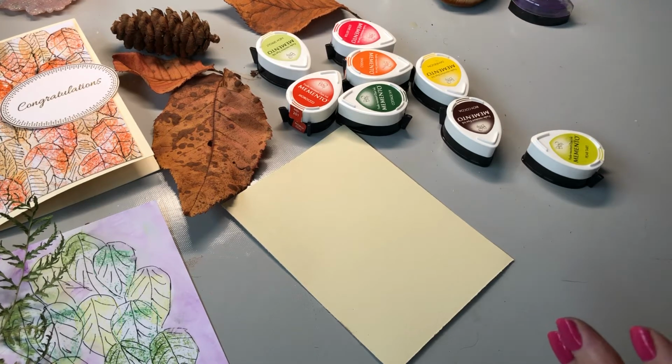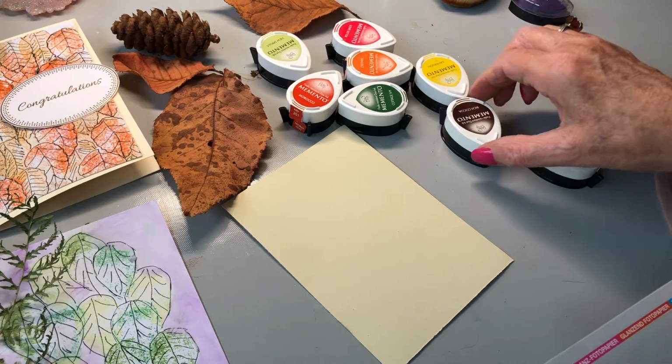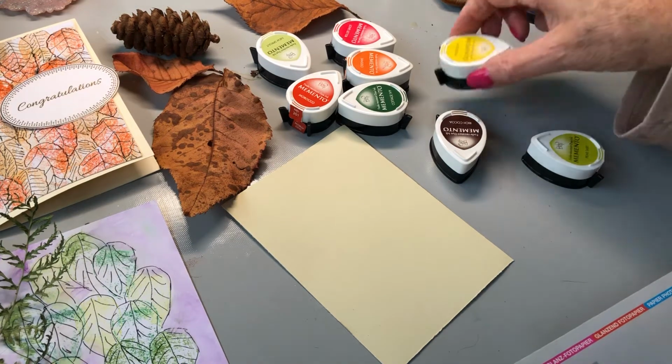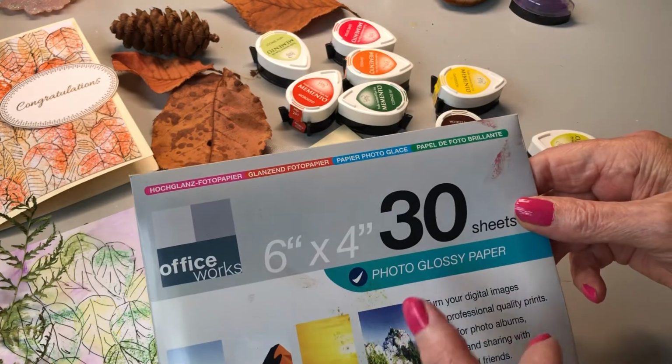I've been working on the 31 days of pen and wash hashtag event from hashtag Inktober. I'm doing my own thing, just playing with a pen and different inks. Today I'm going to use these little Memento inks. They're pigment ink or dye ink, but unfortunately I was going to be using these